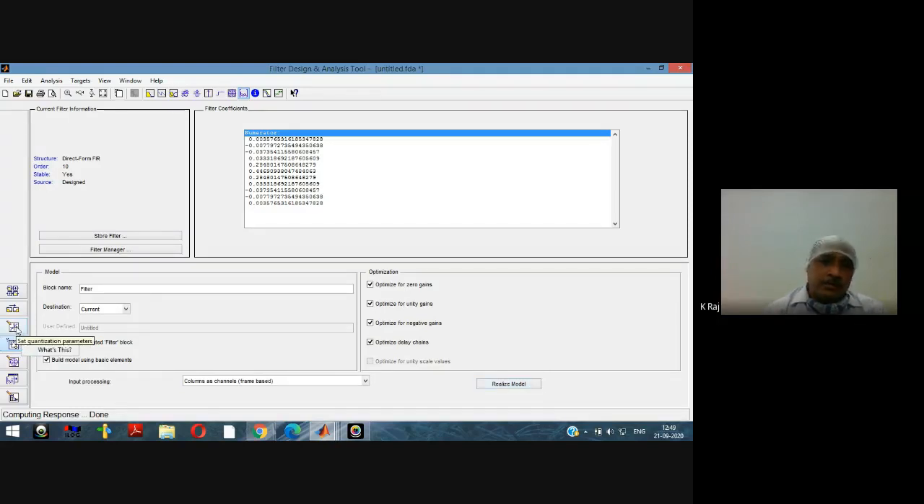After this selection, there will be a dialog box related to the model, and in this one we have to select build model using basic elements, and then we will select the realize model key, which is at the bottom of this dialog box. When we press realize model, after a certain time, a block will appear having the input, output, and the filter name. And when we double click on that block, then we will get the architecture of our designed filter,